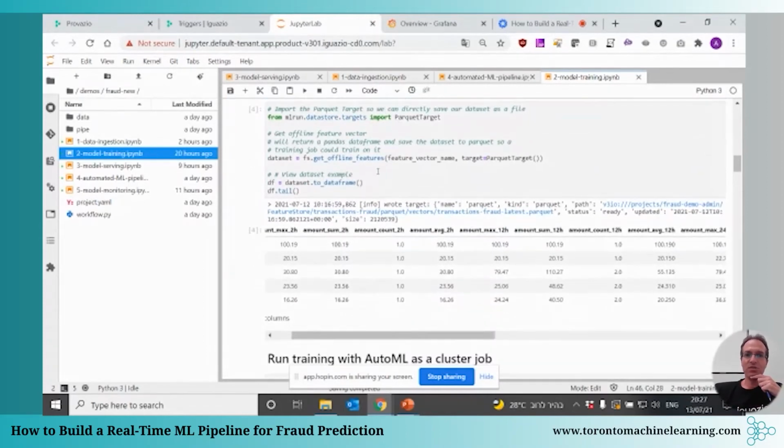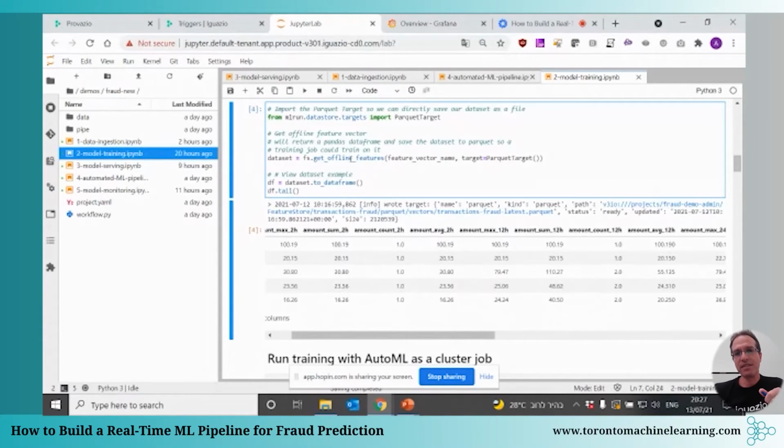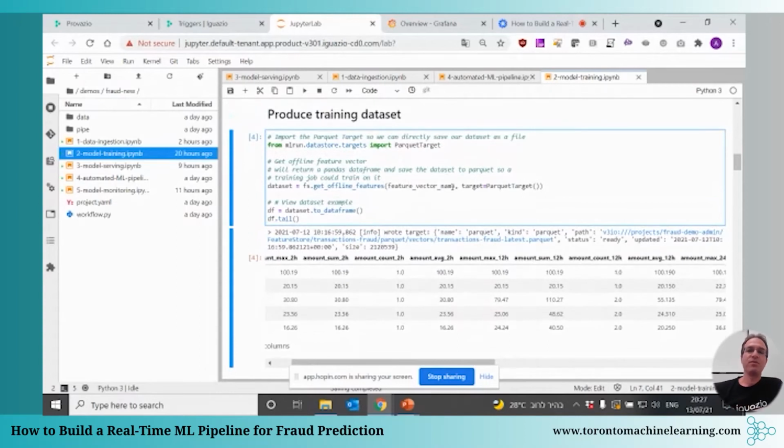In order to get the data for my training job, I just need to run get offline features using the feature vector name. In this case, I want to save this as a Parquet file, because I want to make sure that it's persistent and nobody's going to change it.